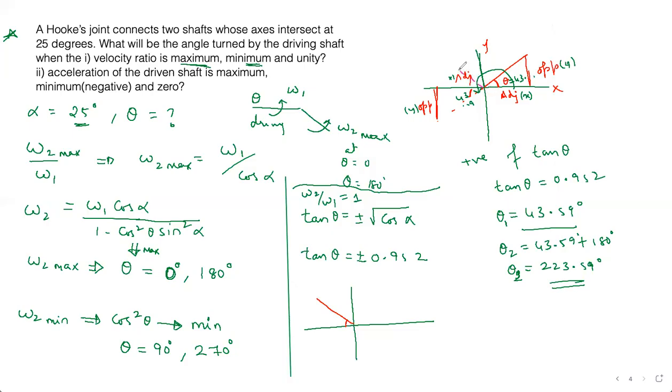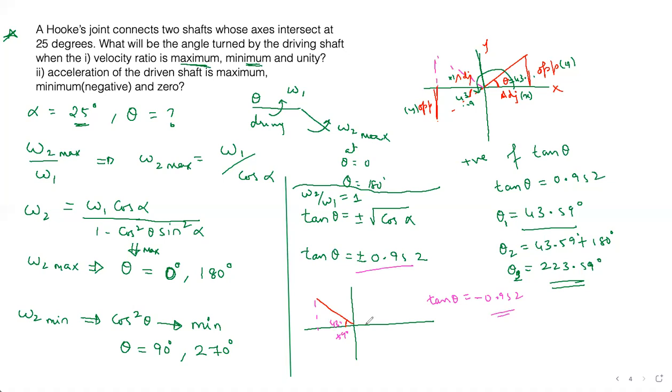So if I take one angle over here with the same height, which you see in the first quadrant, this height and this length on the x-axis, you're going to get the same angle, 43.59 degrees, right? Over here. Yes. So it is also the same tan value, but negative, because x is negative, y is positive. So I'm going to get minus 0.952. So for tan theta equal to minus 0.952, I'm explaining graphically, right?